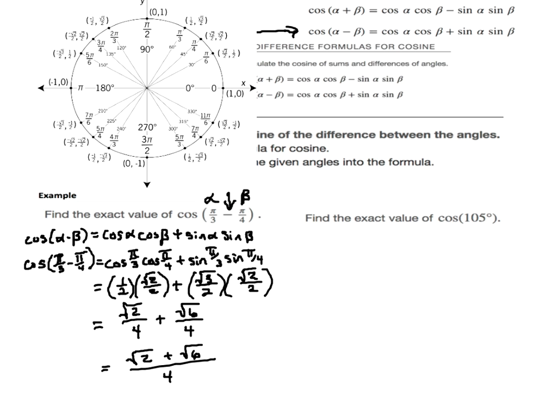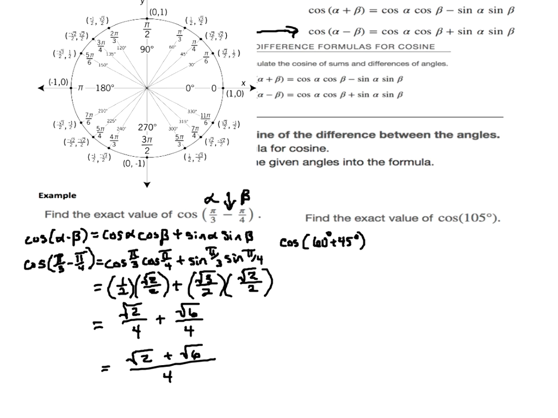Okay. Now, this next one says, find the exact value of the cosine of 105. So I thought to myself, okay, so we're using sum or difference formulas here, and 105 is not a special angle on my unit circle. So I thought, okay, what special angles can I either add together or subtract to give me 105? And the first thing that I came up with was 60 and 45 degrees. So instead of finding the cosine of 105, I figure, okay, I'll find the cosine of 60 degrees,